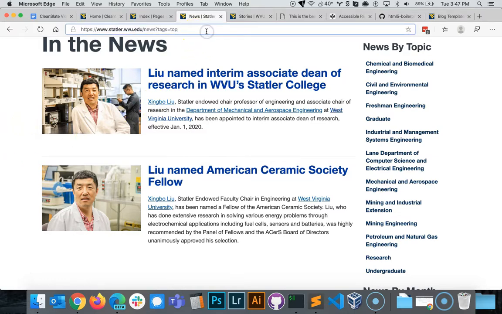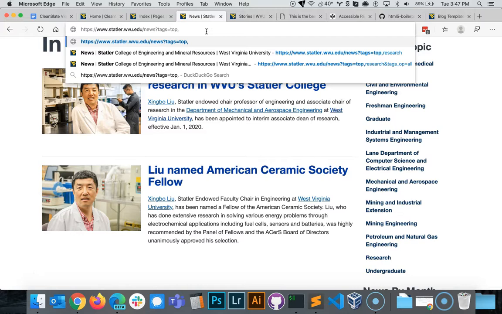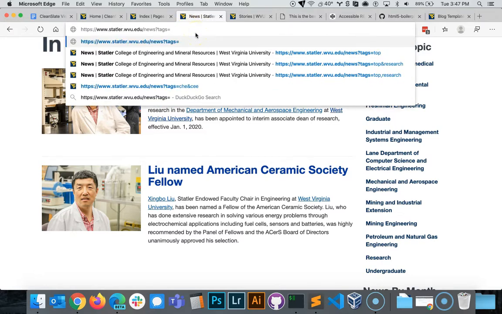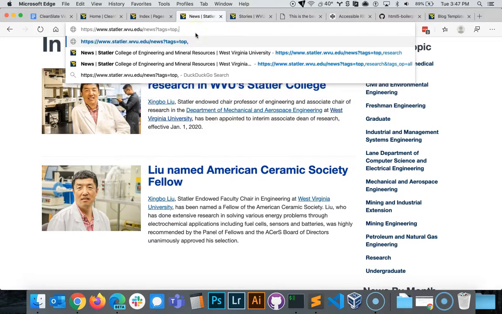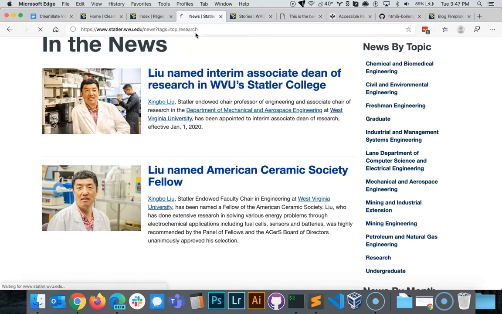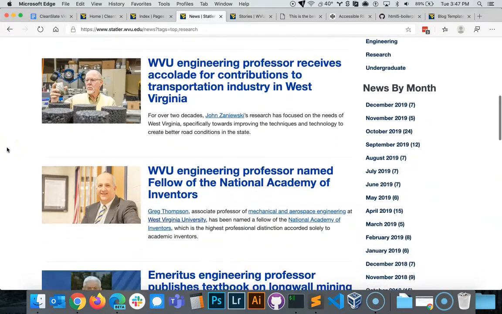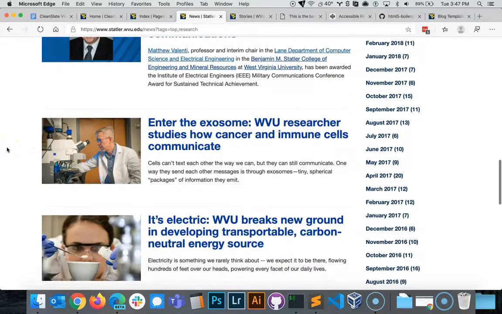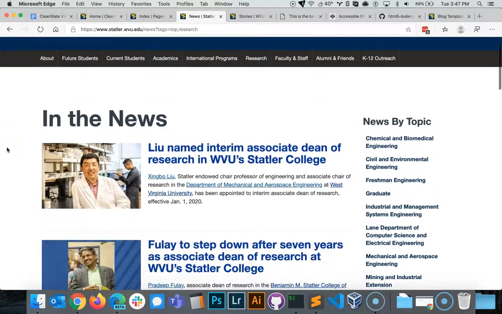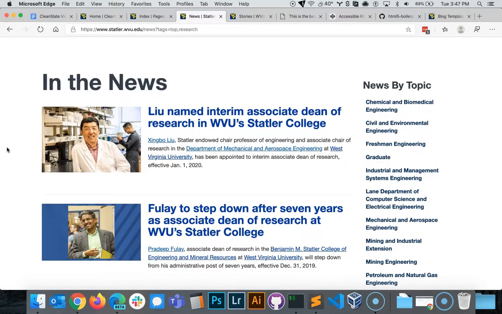Well, all I would have to do is hit a comma at the end of tags equals top. So this is my first tag, and then my next one is just going to be separated by a comma without any spaces, and I'm going to do top and research as my page labels, or as my tags. You'll notice that it's now pulling in more blog posts than before because it is matching blog posts that contain the label or the tag top or research.